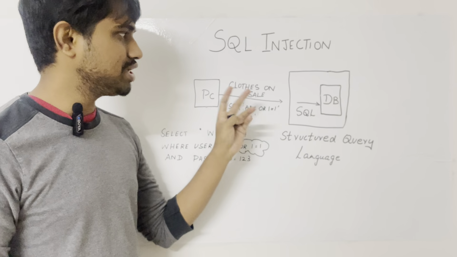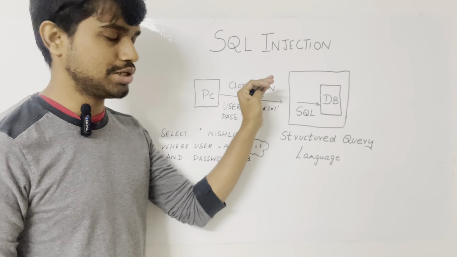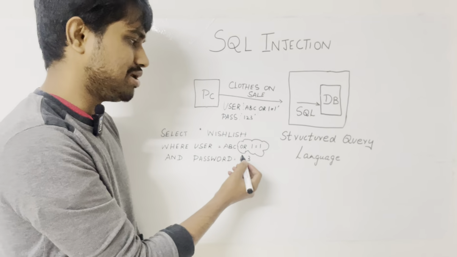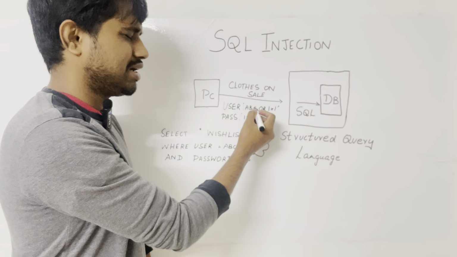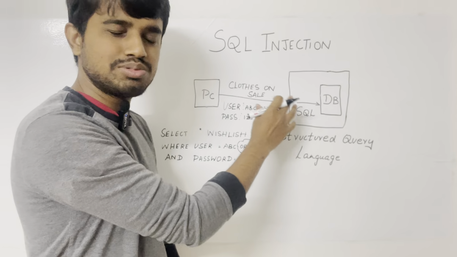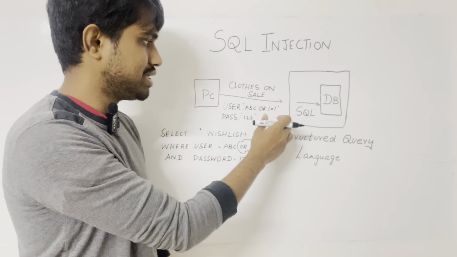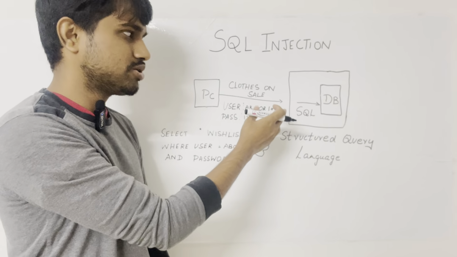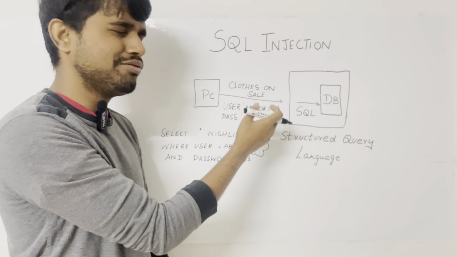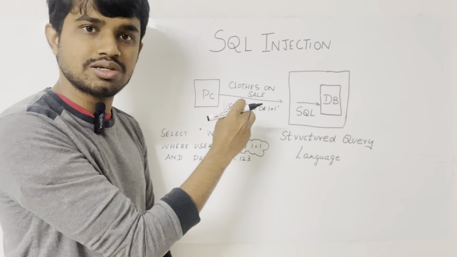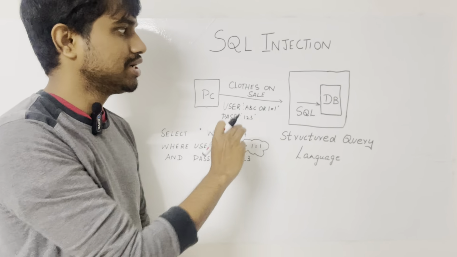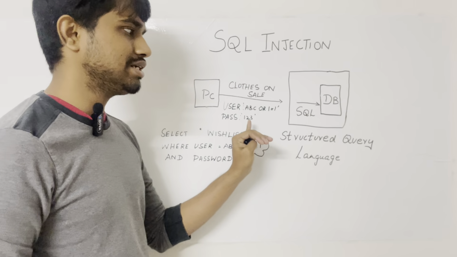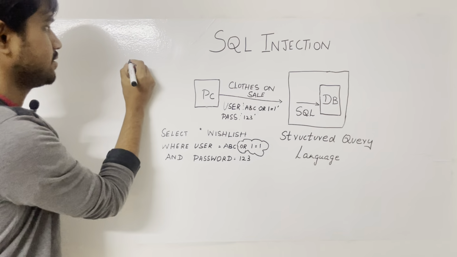So these are the few things that they can do using SQL injection. So basically SQL injection is that they know that the website is using SQL to query the database, and they try to manipulate the data which they send to the website so that the website will give back information which is not supposed to be given to the user. So how we can stop this is, one way is